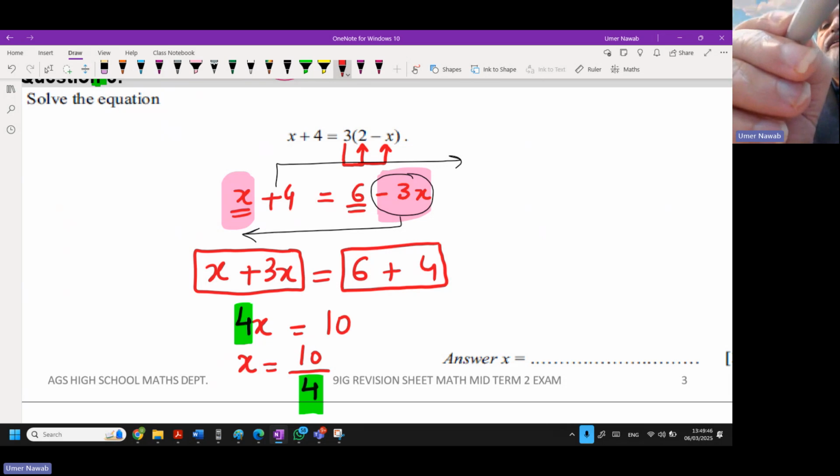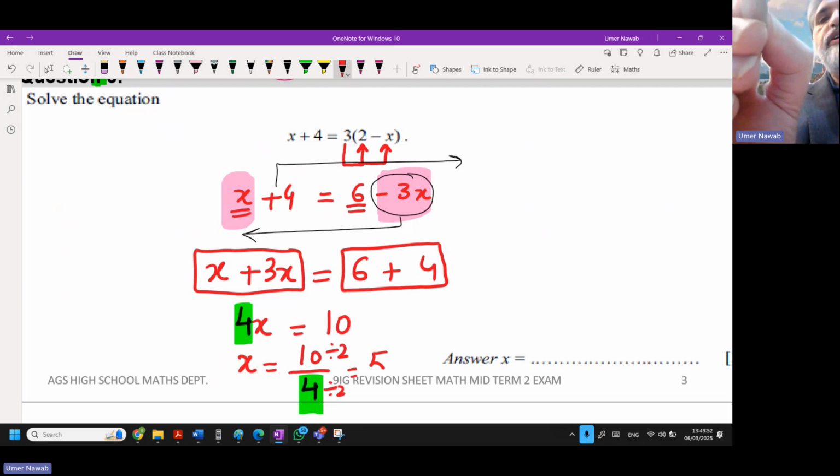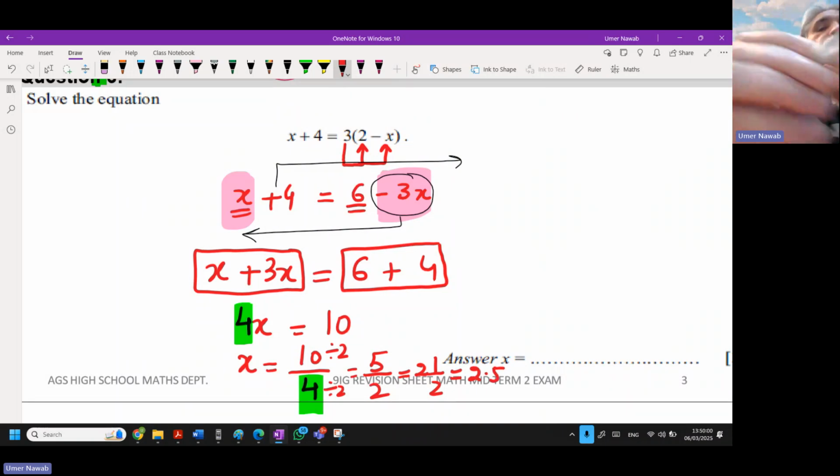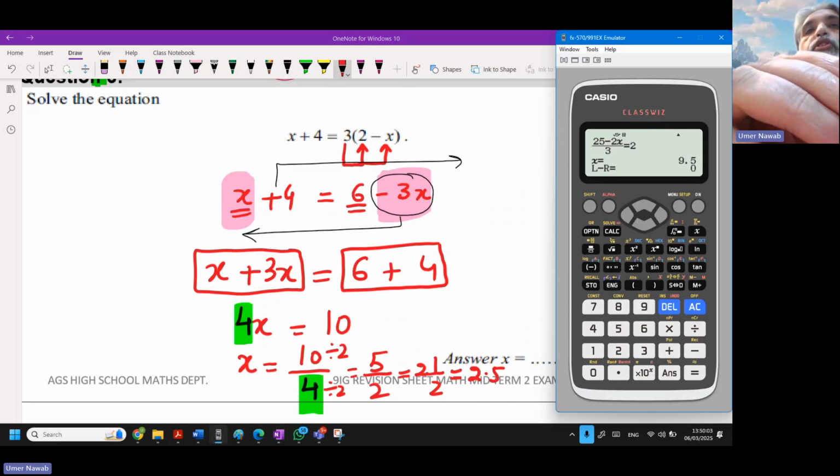But I will not accept this answer unless you write it in simplest form. So divided by 2, it converts into 5 over 2. Now 5 over 2 is acceptable, 2 whole 1 over 2 is acceptable, or 2.5 is acceptable. So three options are possible. I want to check my answer, write x, alpha, bracket close, plus 4, and then write alpha, bracket close, 3 bracket open, alpha x, 2 minus alpha x, and then close the bracket, shift solve, press equal sign, and the calculator gave me the answer